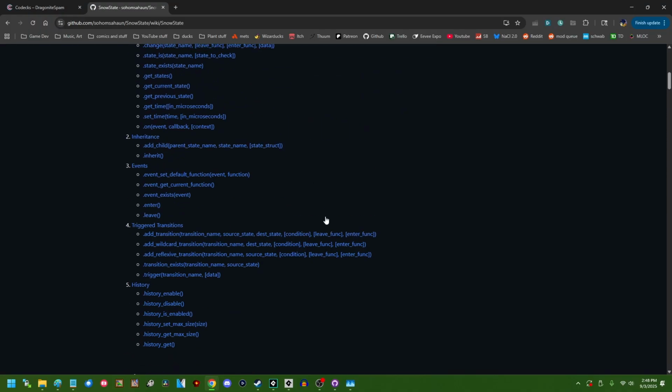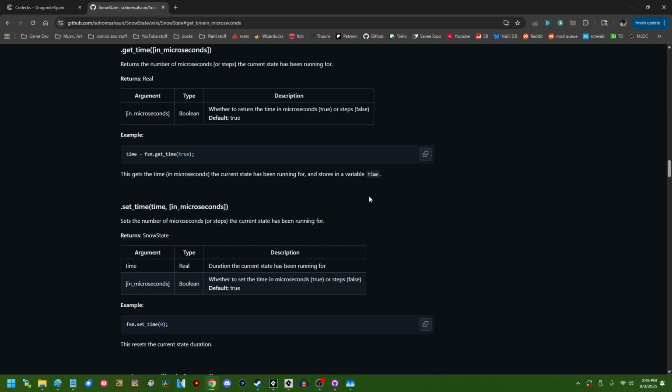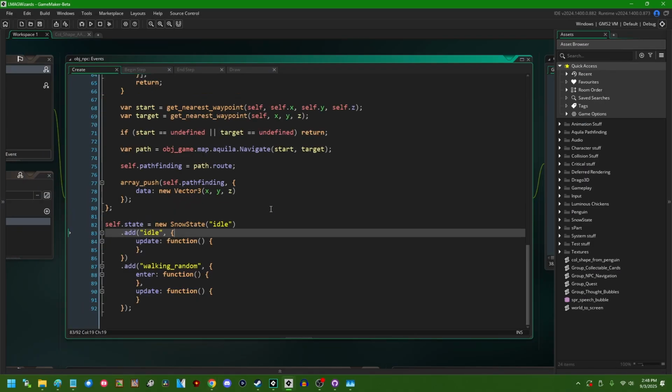Apparently that URL with the link to partway down the page didn't work. There is a get time. Okay, so get time, and set this to true to get it in microseconds versus in steps. Okay. Let's go back here. I don't actually need the enter state for this, do I? I just need if...